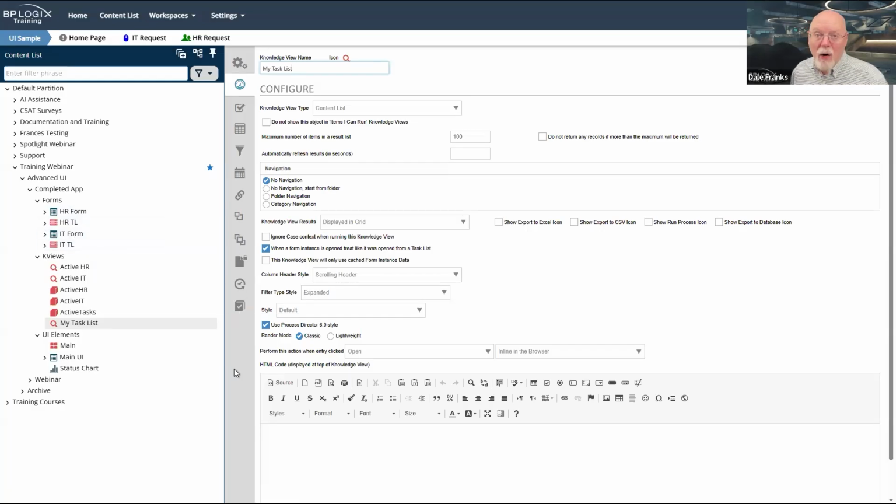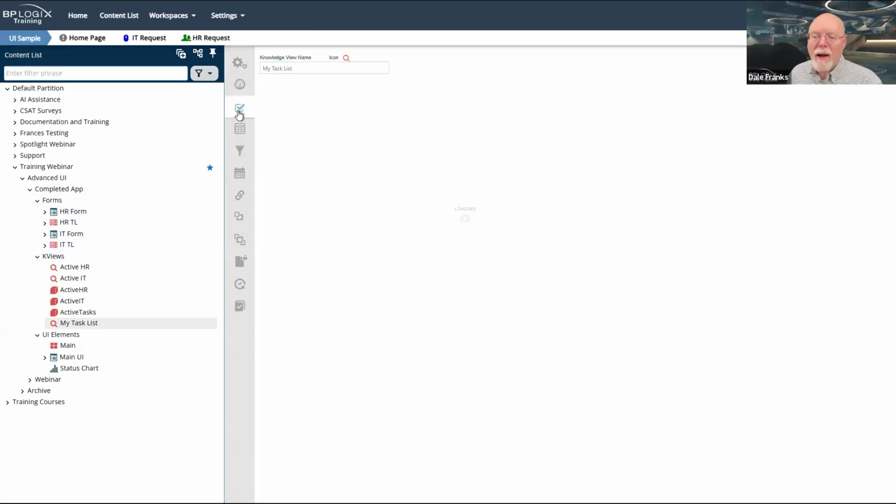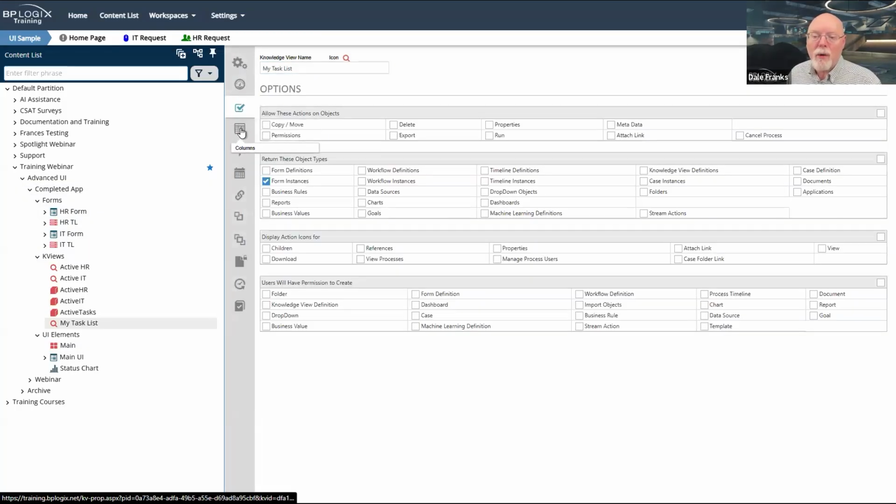Since that is so, I can't really use the global task list inside of a discrete workspace like this, which means I have to create my own task list knowledge view. Now, there are 2 ways that I can go about doing this.